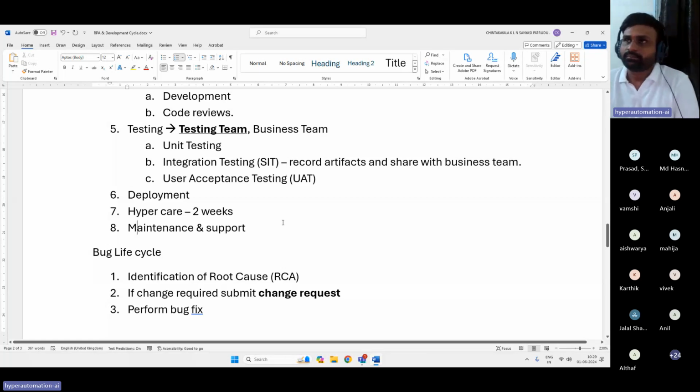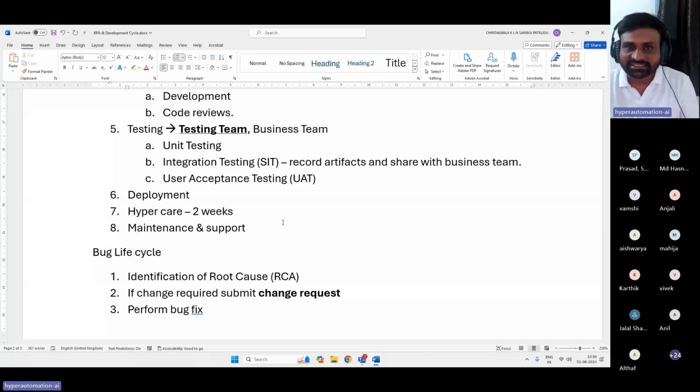Generally, maybe once a week or once in 2 weeks, they will have a deployment time. Let us suppose your organization may allow deploying things only on Saturday, every Saturday. Which means by Thursday, you need to submit all your test evidence and get sign off. Then only you can deploy.